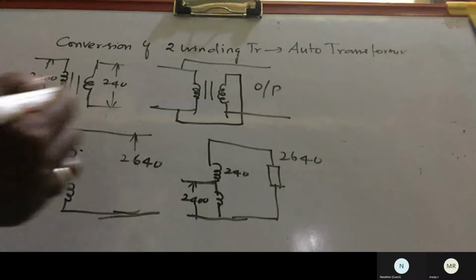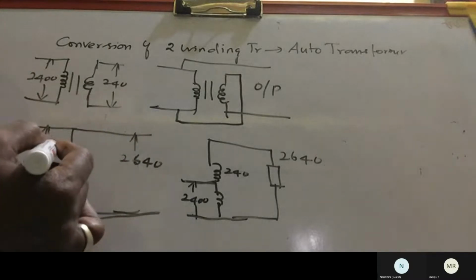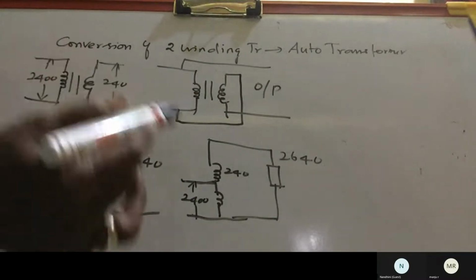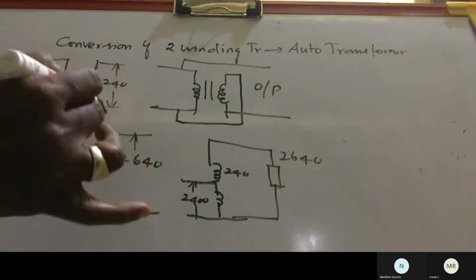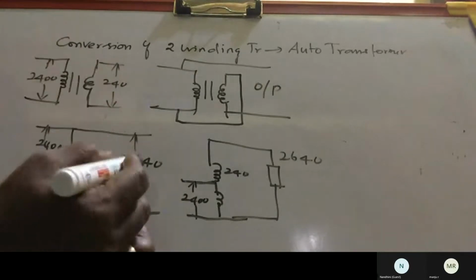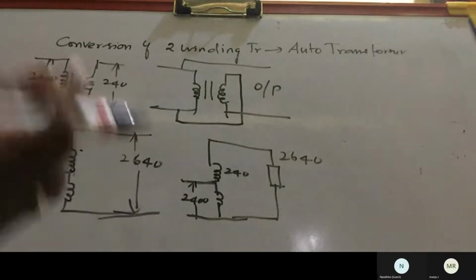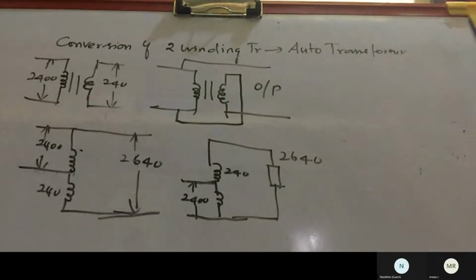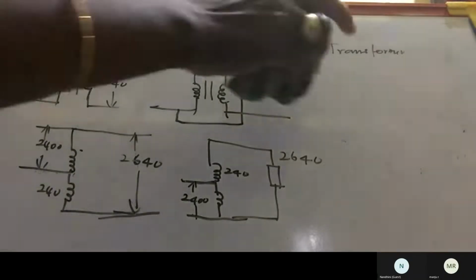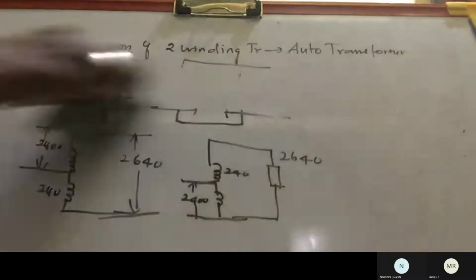In the case of additive polarities, we can take the primary either at the top or at the bottom, the polarities are added and we get increased voltage at the output. If we want a step down transformer, the polarity will be reversed. So the same connections we can consider. So here the main connection will be,